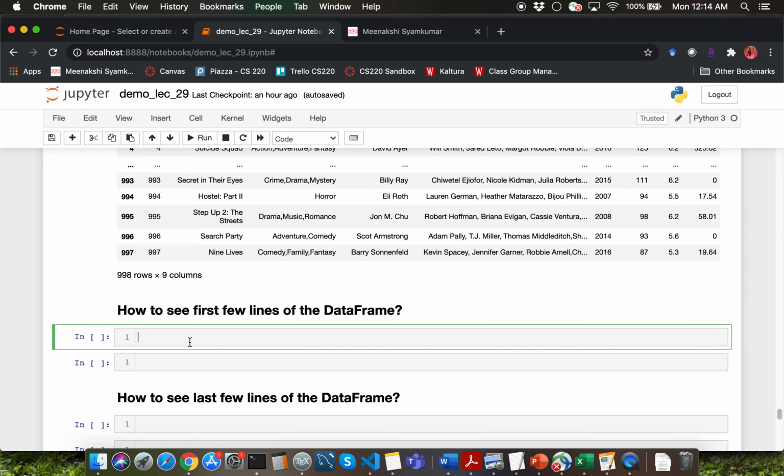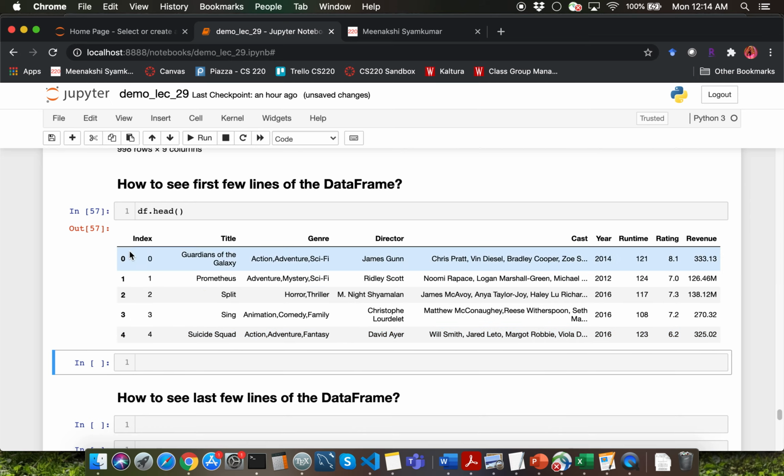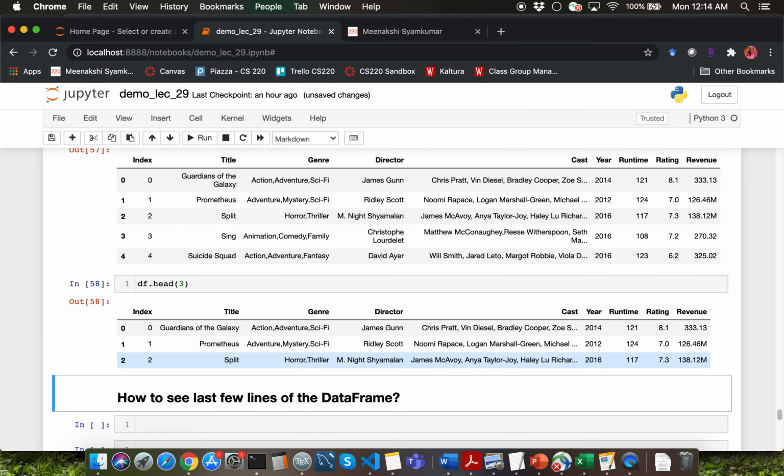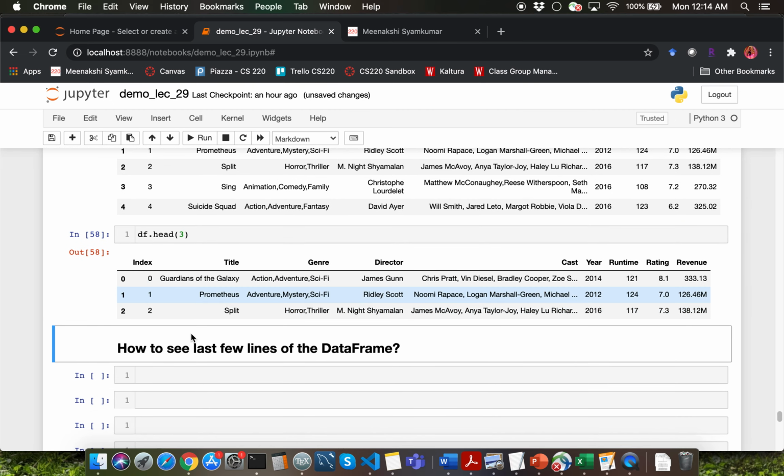which will enable you to take a peek at the first few lines of any file. Pandas has a similar option. So you can say df.head, and just like the bash command, it gives you the first few lines of your data frame. You can also mention the number of lines that you want to get by saying df.head of 3. That's going to give you the first 3 lines of your data frame over here.